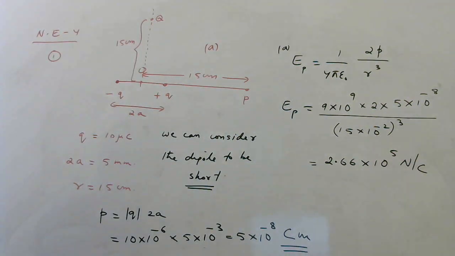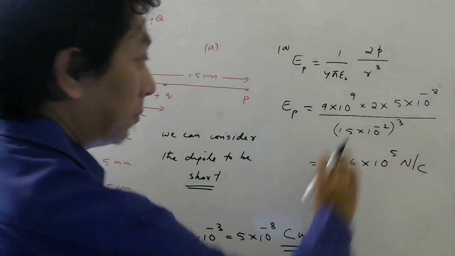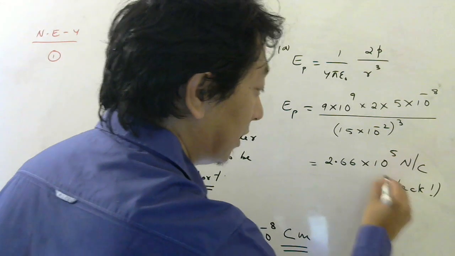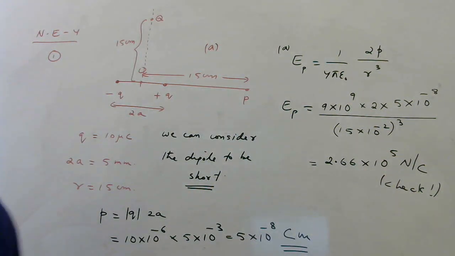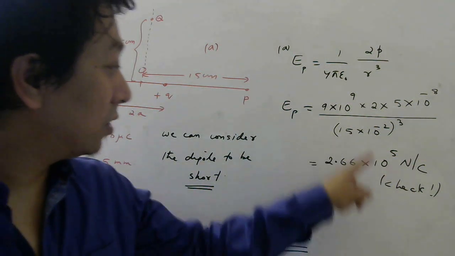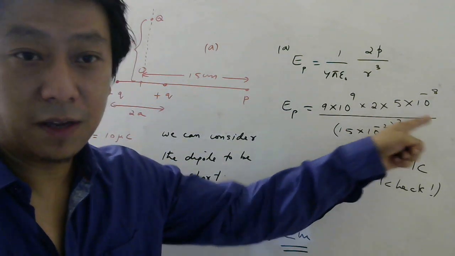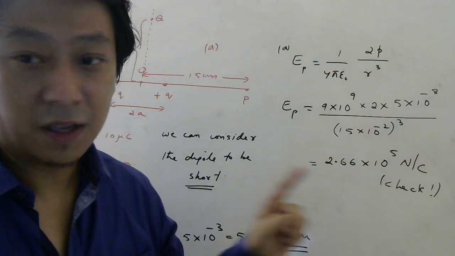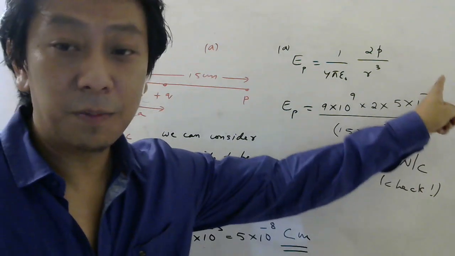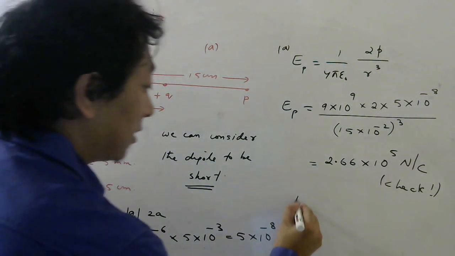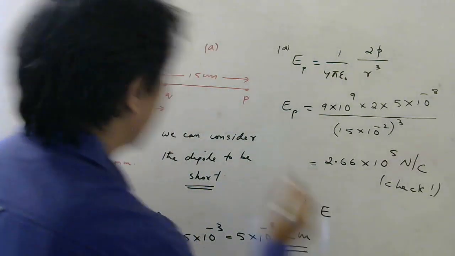Please use a calculator, you are allowed to use it. This would be the electric field, but please check, because who knows, the calculation which I did may have some mistake. So try to do this calculation. I hope you can do this. Multiply 9 with 2, then with 5, then divide by 15 cube, and here 10 power minus 6, you take up as 10 to the power plus 6. So you can simplify. Second part is what? Electric field at which point? Q.